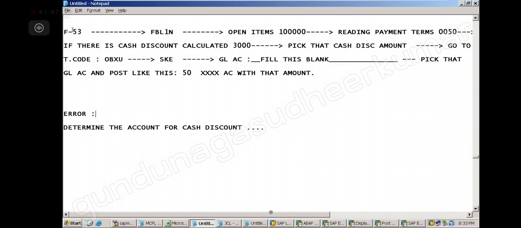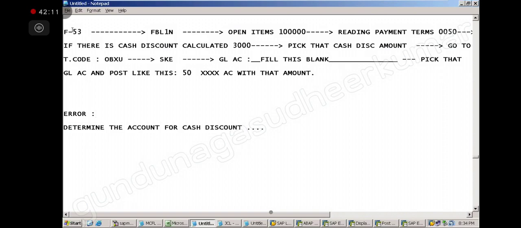Basically I wanted to know if we are implementing determination of account for cash discount. Yes, correct, I am doing that. Hello? Okay, we lost him. I think it's a bad connection from his side.